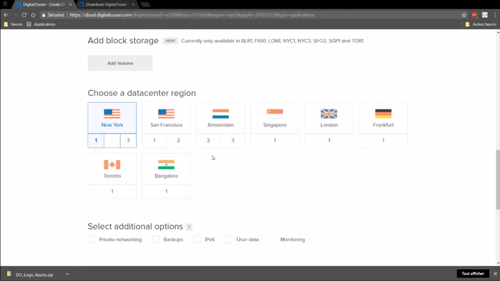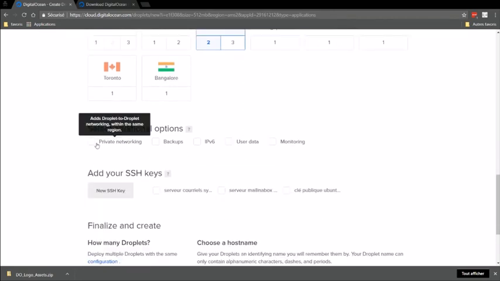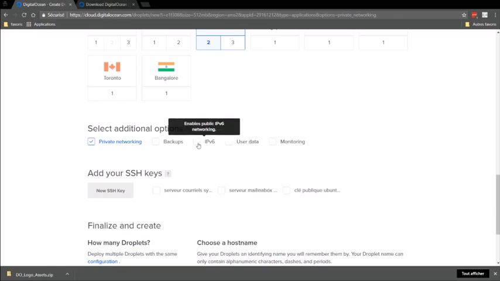As I'm from France, I choose Amsterdam in Europe here as the data center region. I'm going to enable private networking. If I work with other droplets, they can communicate together with this option, and I choose IPv6 here for my usage.